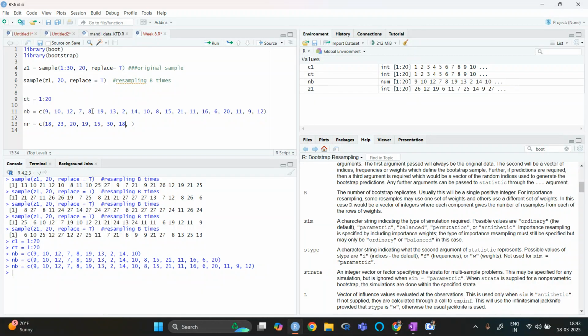1, 2, 3, 4, 5, 6, 7, 8. Okay, so for the eighth one, let me take just 6. Okay, and then it will be 16, 19, 31, 22, 26. Okay,